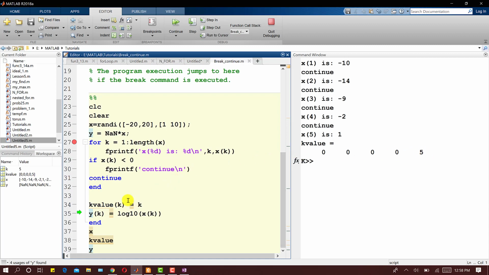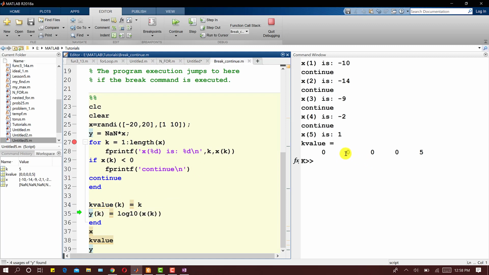So MATLAB has indented this k value by 4 zeros, and then wrote that final value for which the x value is positive, right? So here we have written this statement that k value 5, right? The fifth value of k, k value 5, is equal to 5.